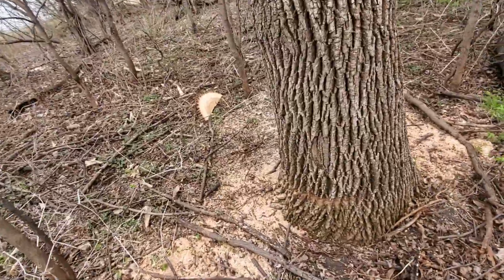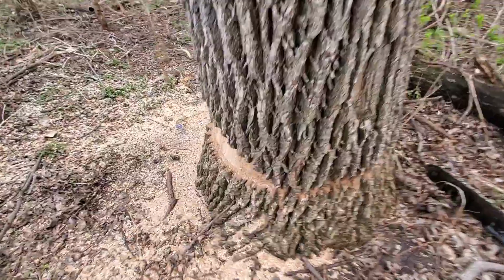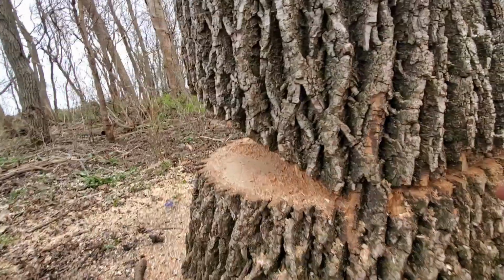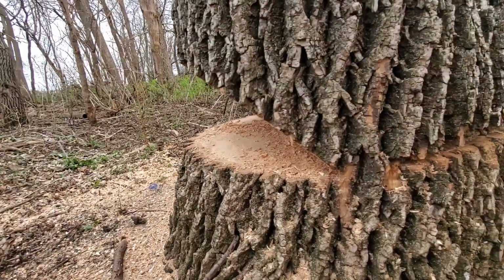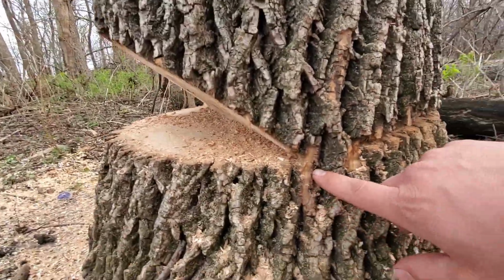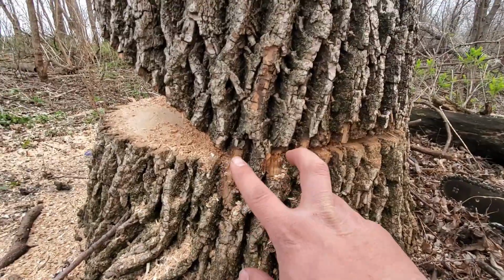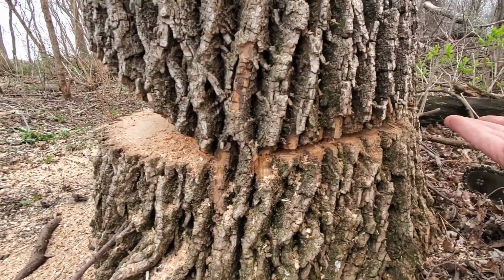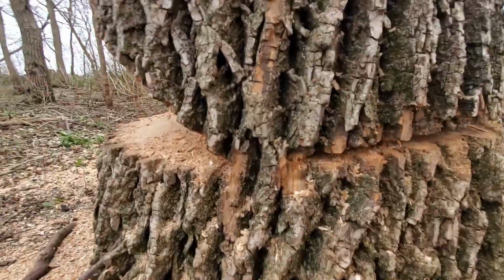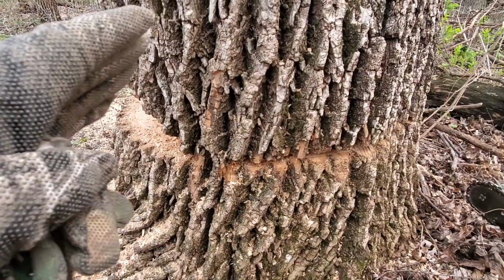So let's get a close-up one more time of what we had to do here, and that is the wedge. We cut a wedge about 1/3 of the way into the tree, maybe a tiny bit more in this case, and that's going to give us our hinge point. And our hinge wood is this little bit of wood in between where our fall cut is and where the actual hinge is. So there's a little bit of wood here, and that's going to allow the tree to pivot